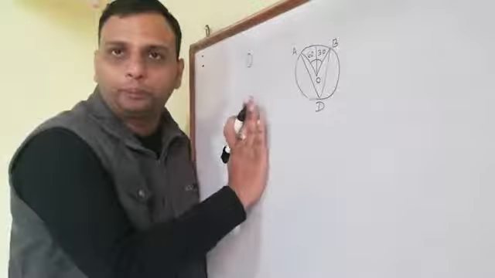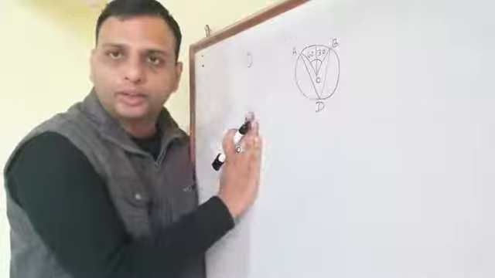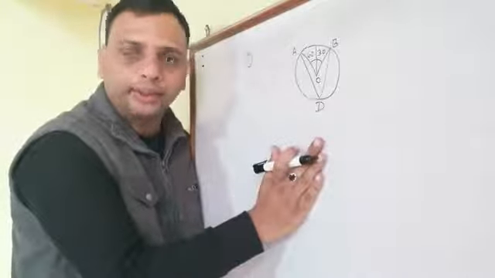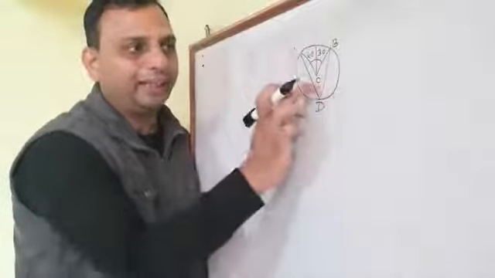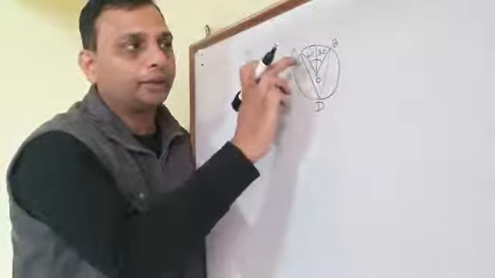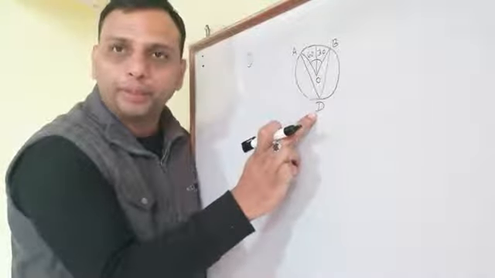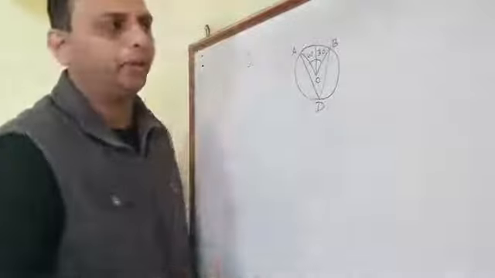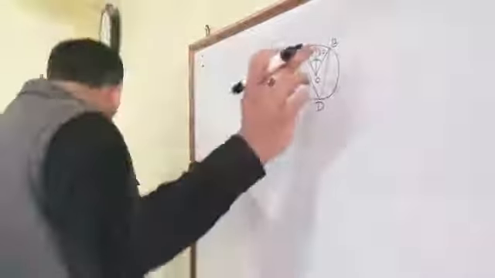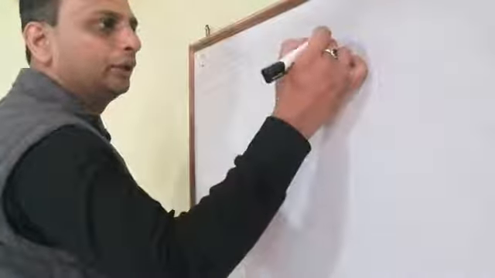This question will be solved by using theorem 10.8. What I told, the angle formed at the center will be double the angle formed in the remaining part of the circle. So this angle AOB, you can say it is a center angle because it is formed at the center. This AOB will be double the angle ADB because it is formed in the remaining part of the circle. So by using the theorem, what will you write here? Here it is given that this point is B and this point is C.